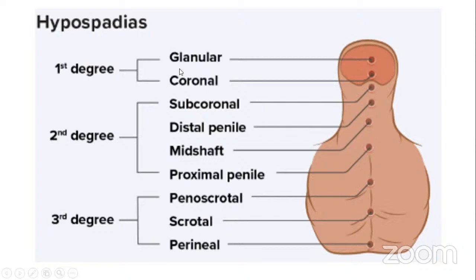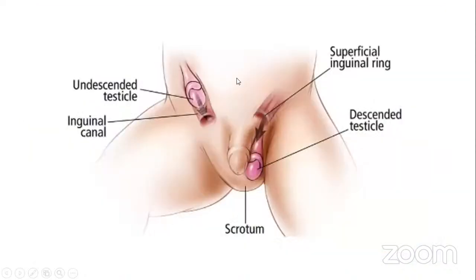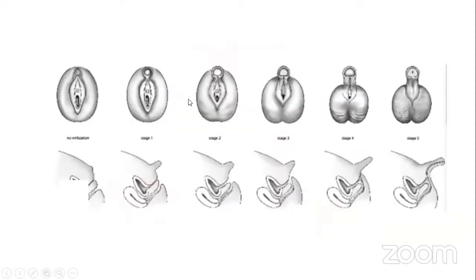In general, the first degree occurs in the glans and coronal. The second degree occurs in the subcoronal or distal penile or mid shaft, as you see in this picture. This is second degree hypospadias, and the proximal penile is also considered second degree. The third degree is in the scrotal or perineal, and this is considered third degree. This is the hypospadias associated with Wilms tumor, and also undescended testes or cryptorchidism is associated, and ambiguous genitalia is also associated with